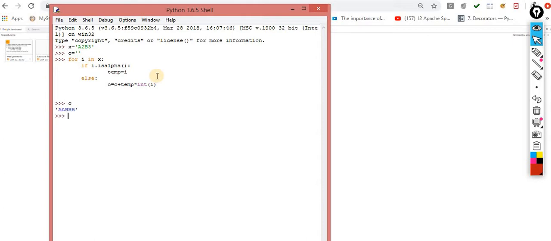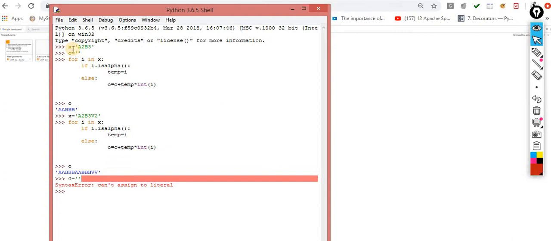So you can check the output. The exactly same output is there, exactly what you are looking for. Now if I run this for A2 B3 V2, and run it, now you can check it out. O is this one. Why so? Because it takes the previous value. First empty the container for the next iteration.